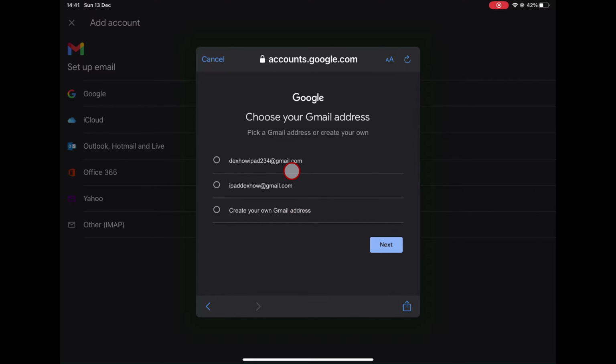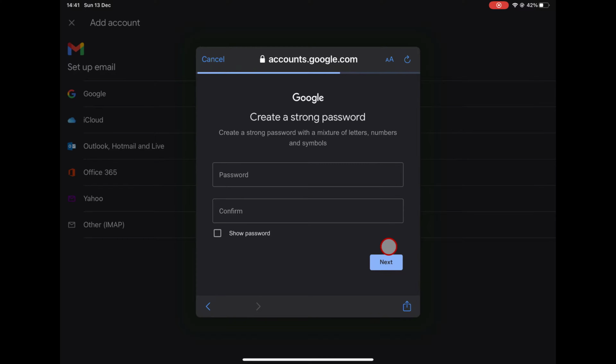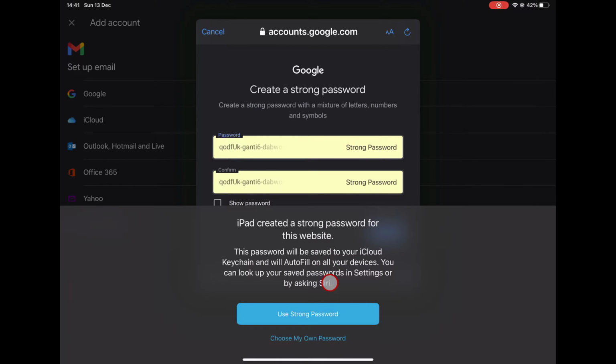Select one of the recommended Gmail addresses Google gives you. You can also tap on Create your own Gmail address. The last option will allow you to customize your email address. Now tap Next. You can use the password created by the iPad, but I prefer using my own, so tap